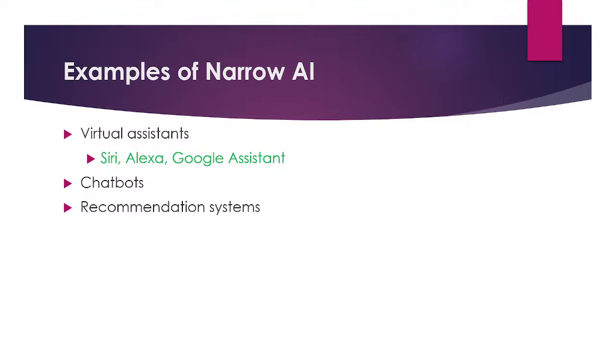Let's say we go to the YouTube homepage and I search for any particular video. Let's say I search for some comedy stuff. So next time when I go to the homepage, I will see a lot of recommended videos related to comedy. If somebody is interested in history, they will see a lot of history related recommended videos on